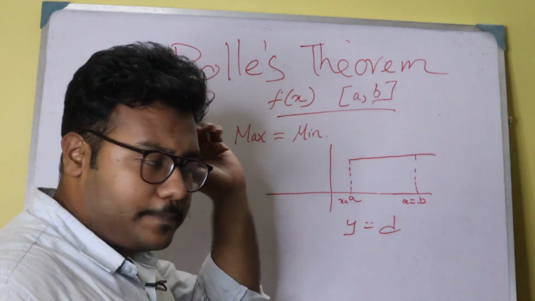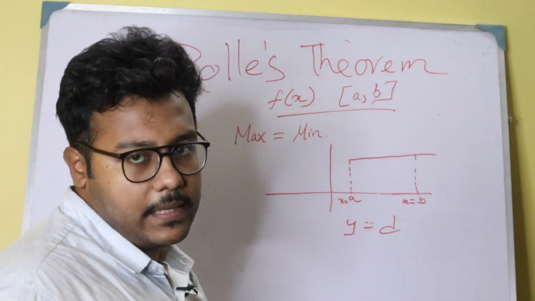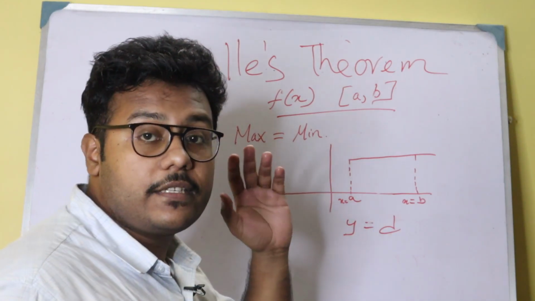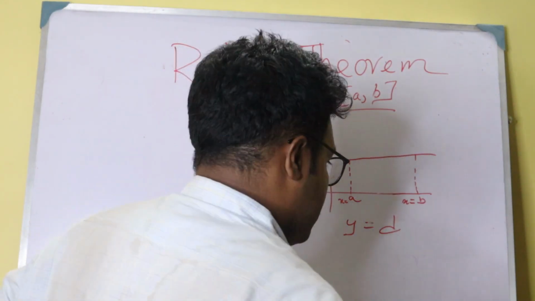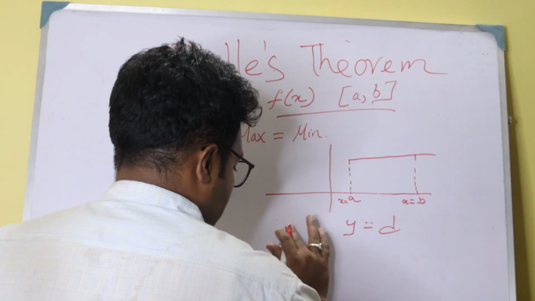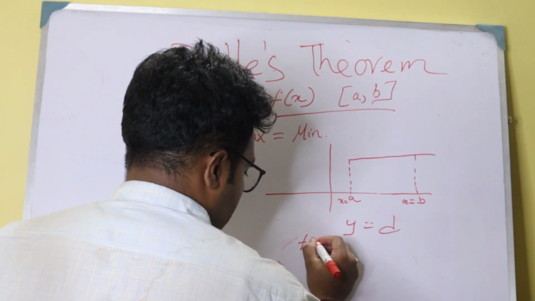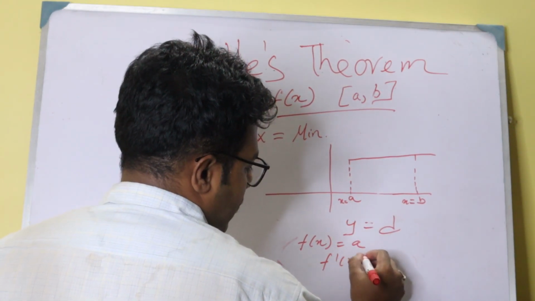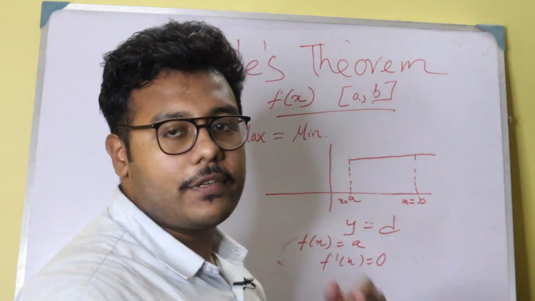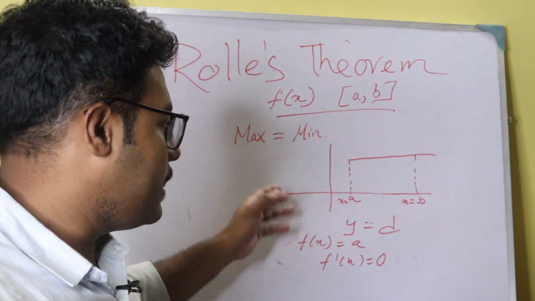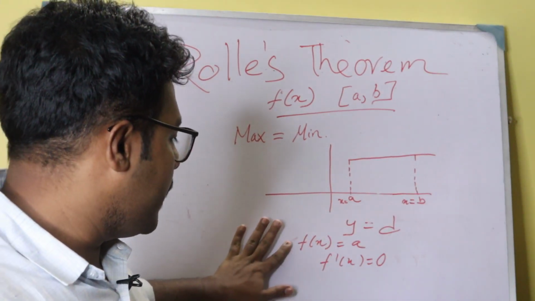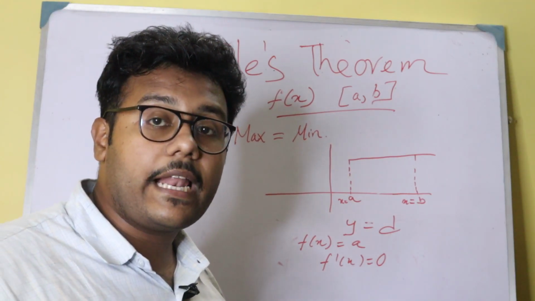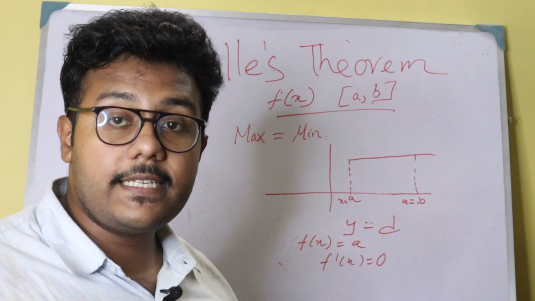Now can you see anything? Is the function continuous? Yes, it is continuous. Is the function differentiable within these two? Yes, it is also differentiable within these two. Why? See, f of x is equal to d, so f dash of x will be 0 for any of the values. So we can say that it is differentiable. Now if you don't remember this, please guys revise it from your school books, how we calculate this differentiability and how these conditions are satisfied.